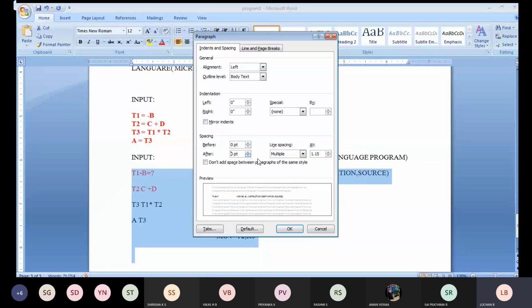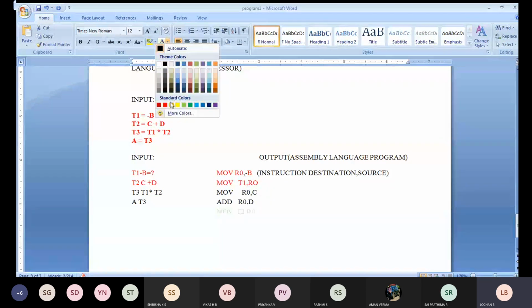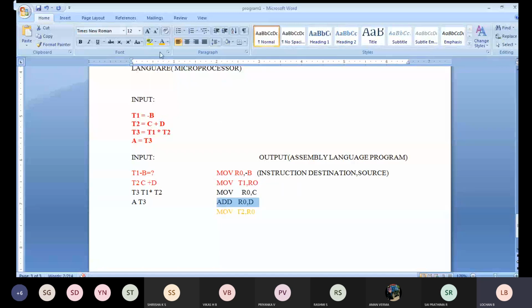So we have completed this part. Next we will be moving with respect to R0. What we have got now, this is your R0. This is with respect to T1 we have calculated. Whatever the 3 you are going to get, one more I am going to give the color indication. So that is with respect to your T2. We have completed. So next we need to look with respect to your T3.